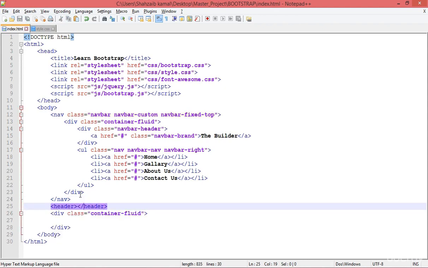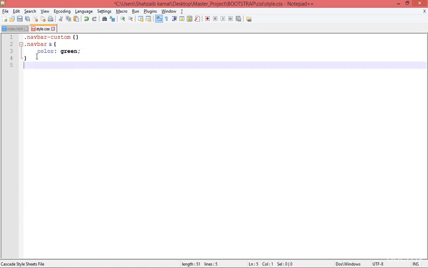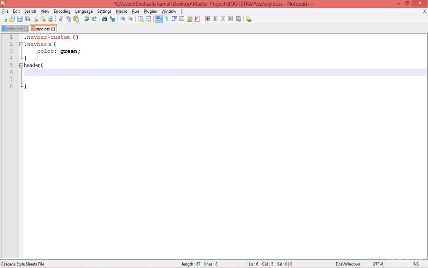Okay, and now instead of going there, I'm just going directly to the style.css, and I just want to apply some image to the header. Which image am I going to apply? Before that, I'm going to put something like the width. I'm not giving the width here, I'm giving only the height to that header, because the header is not a Bootstrap element, a default element. So I'm giving the height here